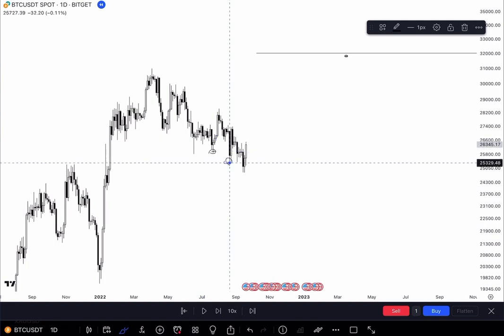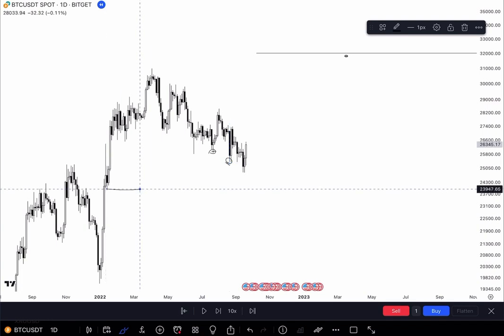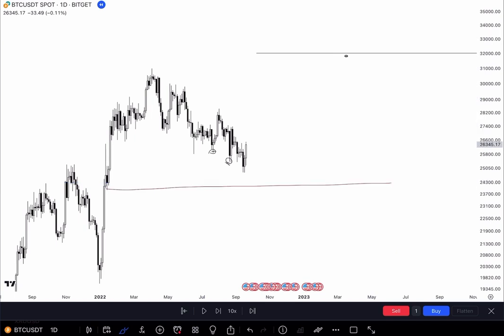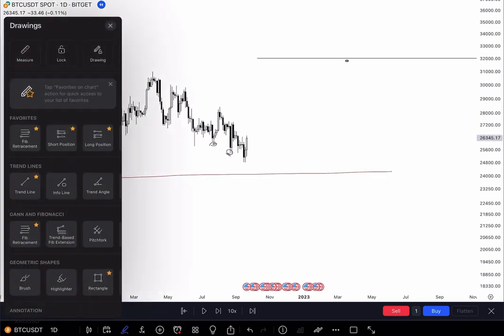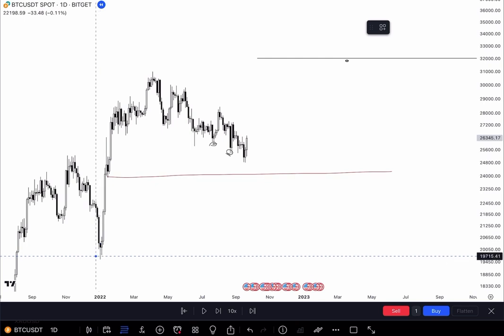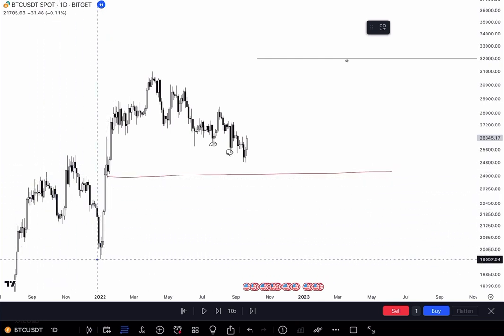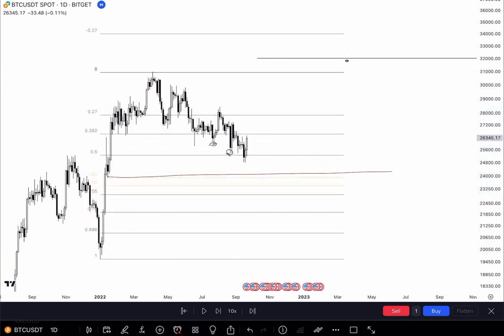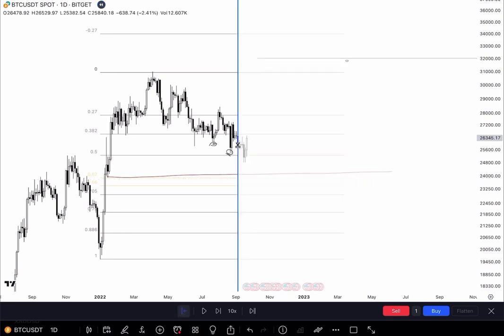What is a place you deem unlikely to be tapped before the target? This liquidity pool, highly unlikely to be tapped before the drawn liquidity, especially given that it is a 0.618 fib and we are in an uptrending market tapping into the 50% Fibonacci level. Right, so this was a reasonable stop loss for the idea to frame the bias that we are going to be rising up there.